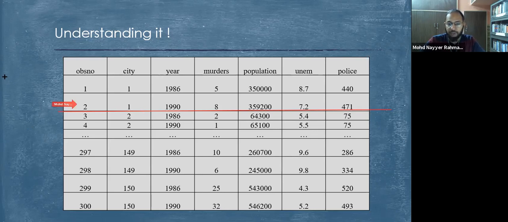So we have discussed four data types in econometrics: cross-sectional data, time series data, pooled cross-sectional data and panel data. For all these four data types we have different techniques and mechanisms through which we can apply them and reach a particular conclusion. We need to take care of that whenever we are trying to understand or apply econometrics, according to the data types. So let's see if we have some questions.